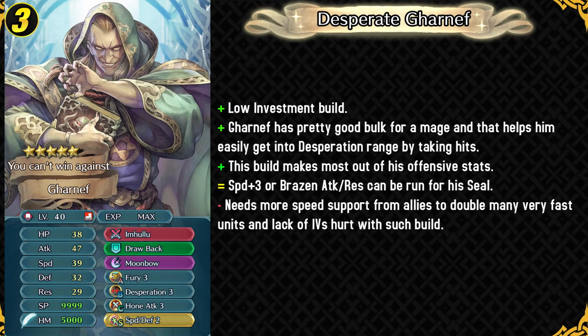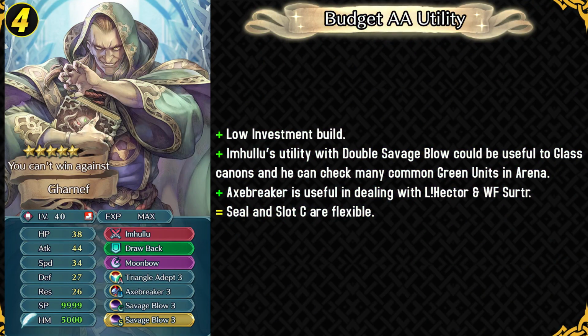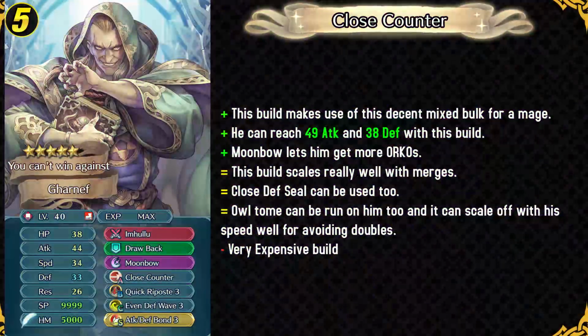His fourth build is an Arena Assault utility build, so Axebreaker is there with Triangle Adept to check stuff like Legendary Hector and Weary Fighter Surtur, and there are a lot of green armor units and green units in general in Arena, so you can be pretty nice against them, and Imhulu's effect can help you, and his allies who are glass cannons. And Double Savage Blow can help with the chip damage,